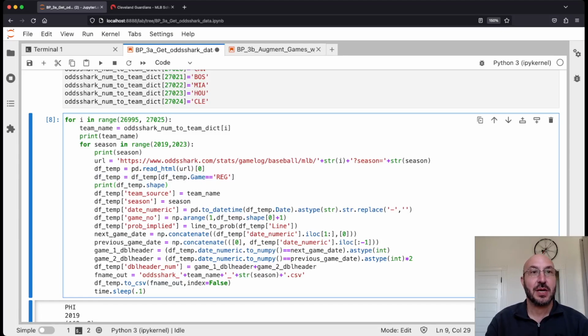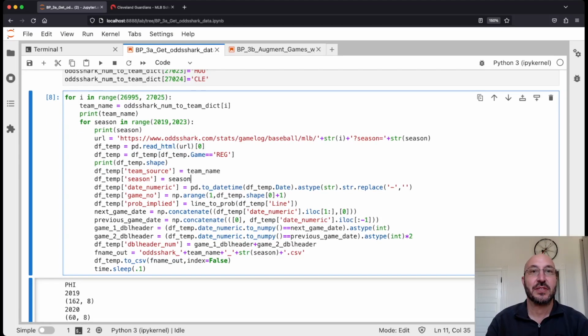Then I'm going to make some new columns. I'm going to say team source is my team name, so I just have in the data frame who the team is that they're talking about. We're going to have the season, because again, that's not in the data frame. We'll have the date, so I'm going to format the date and make it just a number. I'm going to put in the game number,